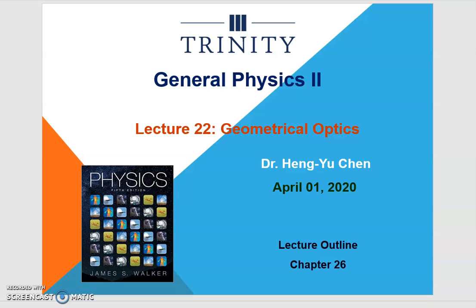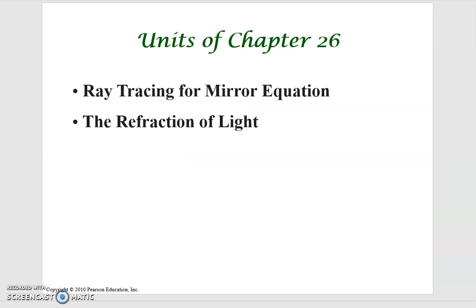Today we are going to continue our discussion of geometric optics. In the previous lecture, we already studied that when light propagates in space and interacts with a surface, no matter whether the surface is smooth or rough, it follows the so-called law of reflection. And then we studied how an image is formed when light interacts with a plane mirror or a spherical mirror. Today we are going to follow up and talk about ray tracing and also the refraction